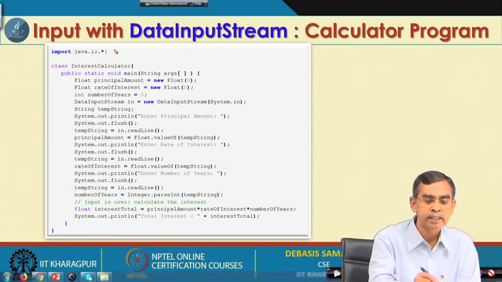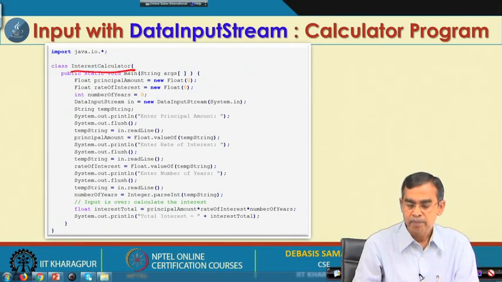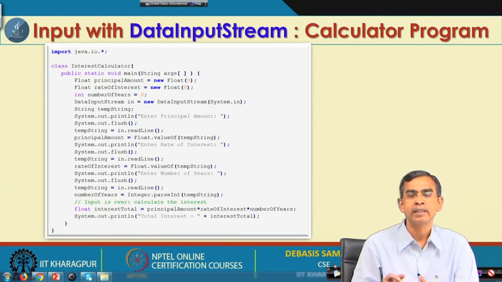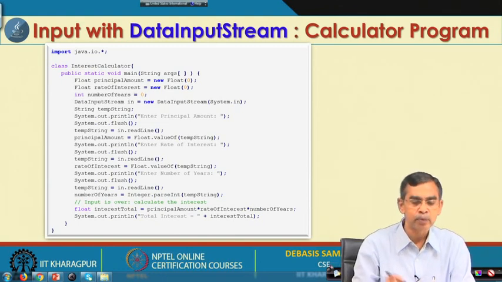This is why it is required. We are declaring one class of our own, called interest calculator. Basically, this program will read three values: principal amount, interest rate and year, and it will calculate the interest. The amount is a floating point value, the year may be an integer, the interest may be floating, and finally the result will be printed on the screen. So, this is the concept of the program.